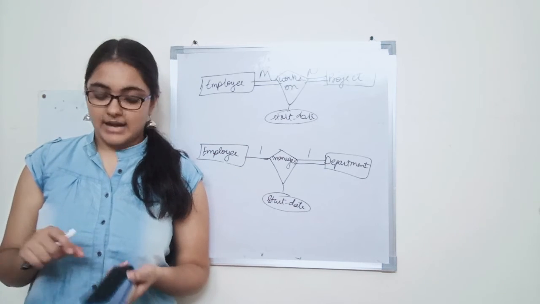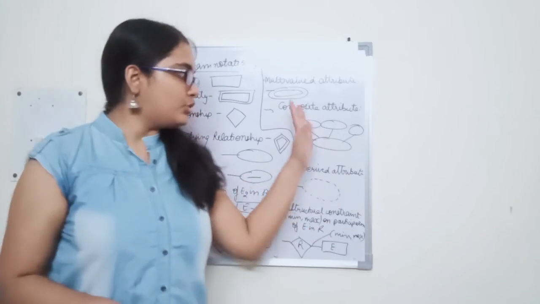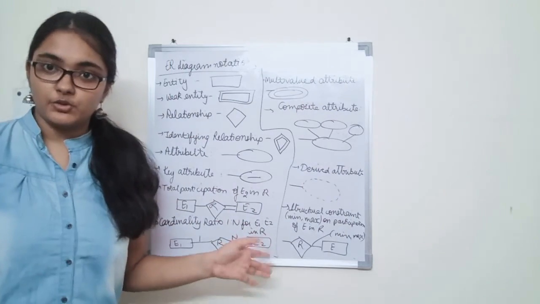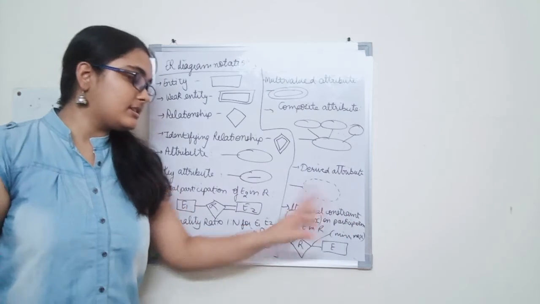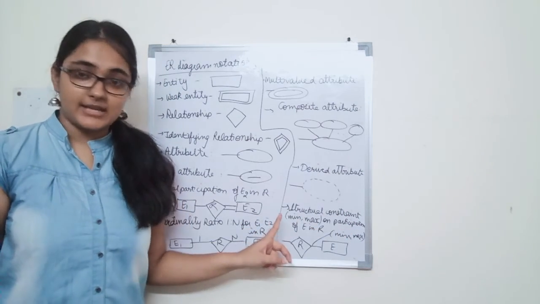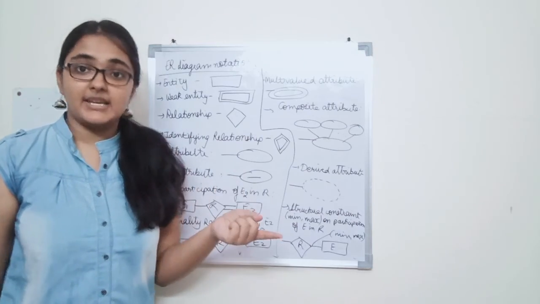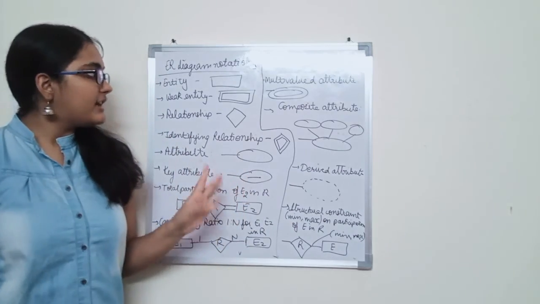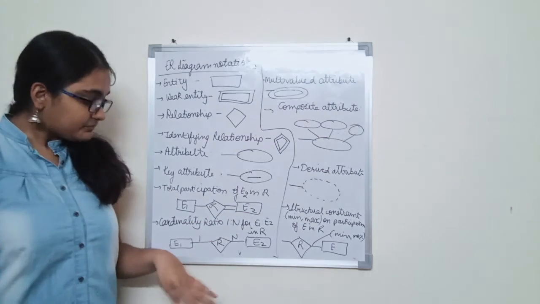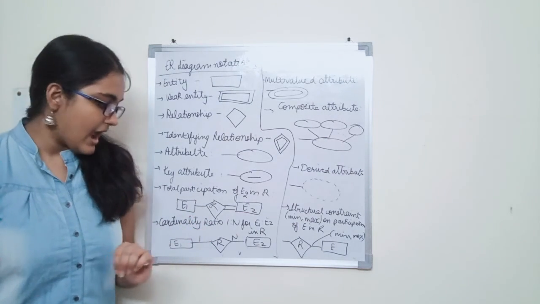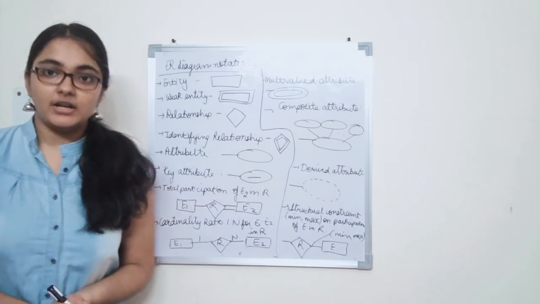So that was about the attributes to relationship types. Alright, so I have written down all the notations that are required, ER diagram notations. You can just pause the video and copy it, and just this particular notation has been left, and we are going to be discussing the min-max representation in the next video. And other than that, we have discussed everything, and this derived attribute is normal. Okay, so just pause the video and note it down. Hopefully in the next video we'll be completing the ER model.